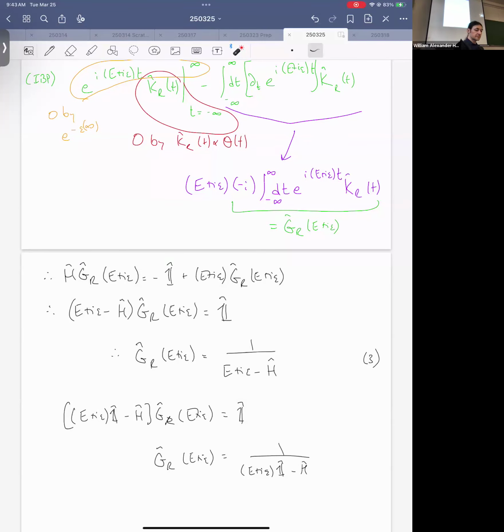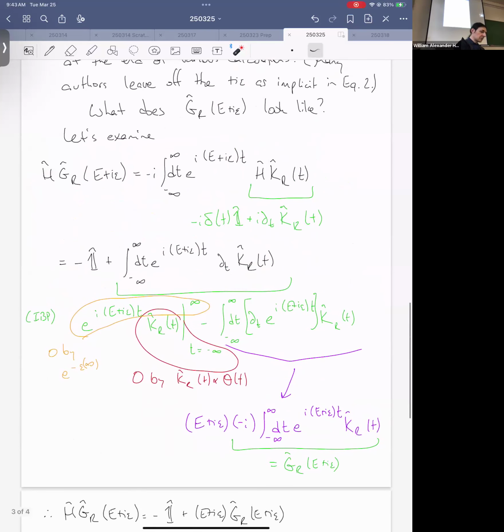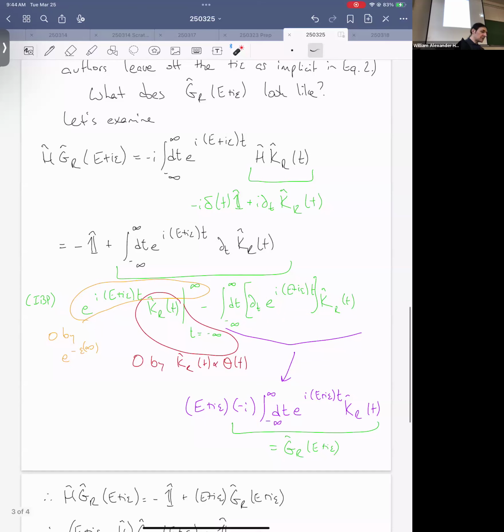Okay. Just to be clear, this argument would work for any argument of the retarded resolvent G^R, but it needs an i in the argument. Let's try to be more clear in your question. I think you're basically asking, can that argument be completely general? Exactly. And the answer is no. We absolutely need to have, you could say, often this is just written as z. And so long as the imaginary part of z is positive, we're fine.